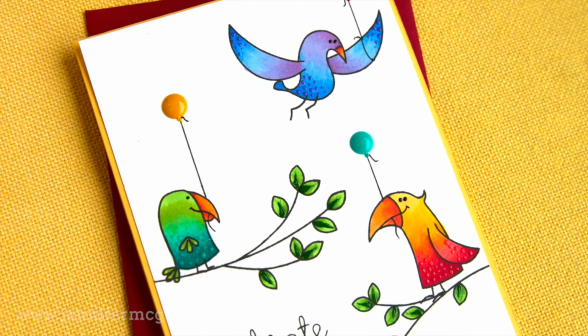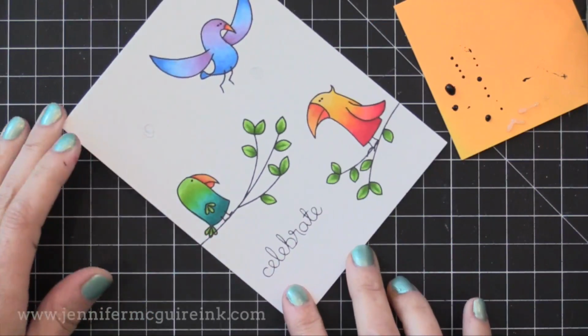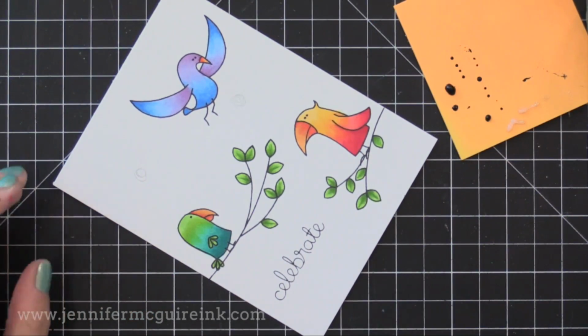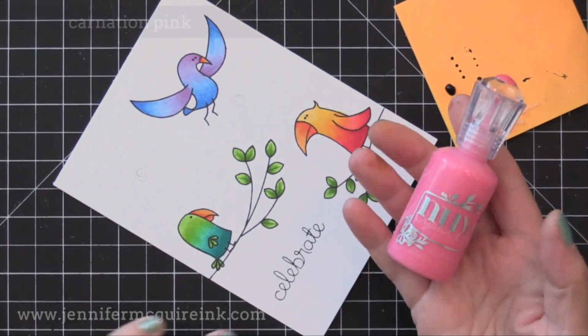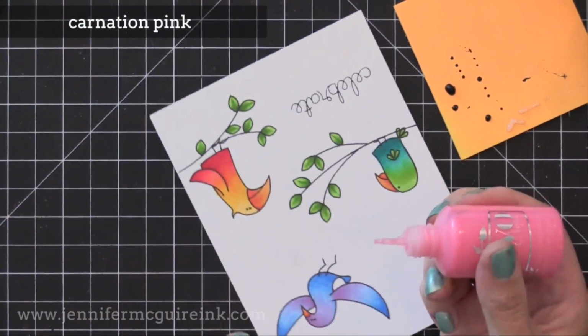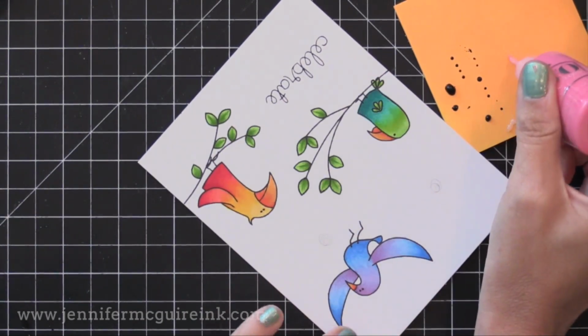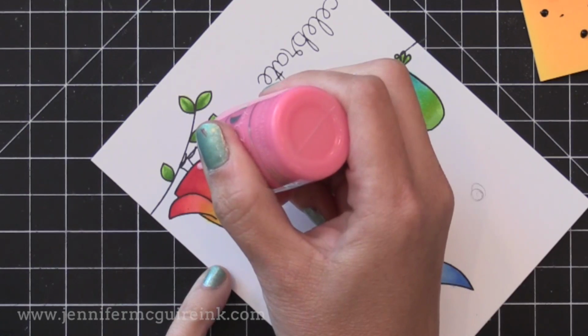This one has a little party scene of birds kind of sitting out in the middle of the card. On this one I'm going to show you some more fun ways to add Nuvo drop details. So on this one I went ahead and stamped and colored a bunch of images onto this white cardstock panel. And I'm going to add tiny little drops onto the birds, just like we did in the last example, but